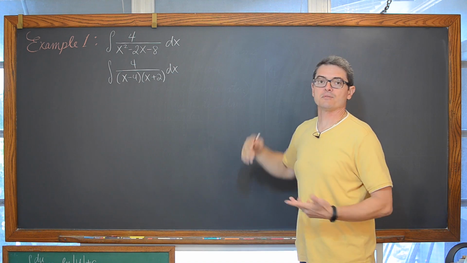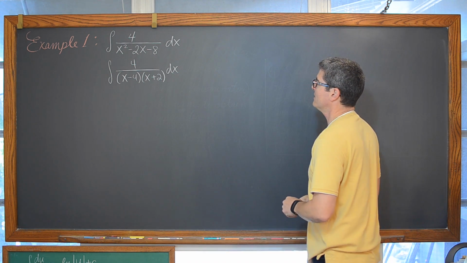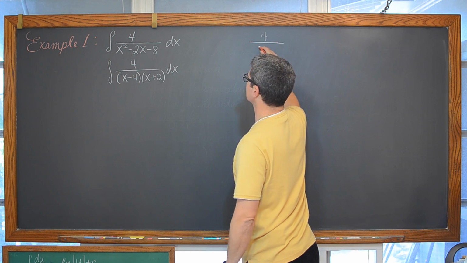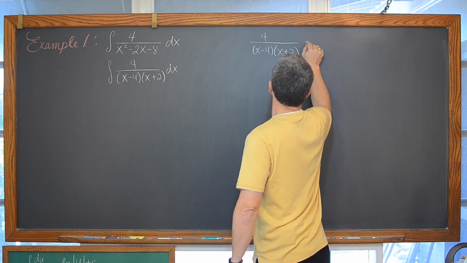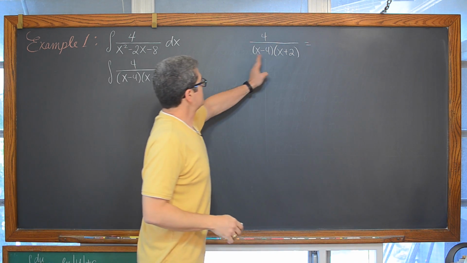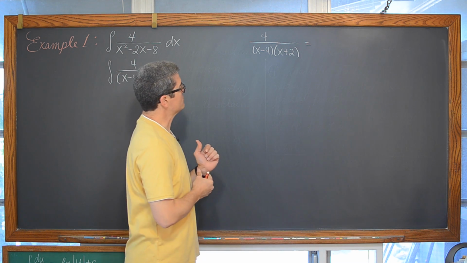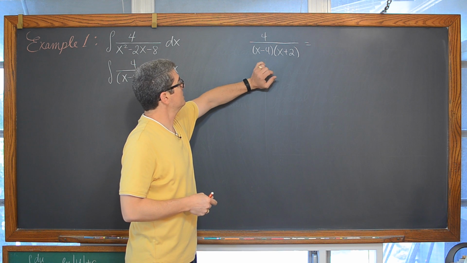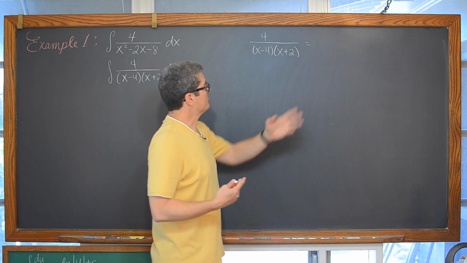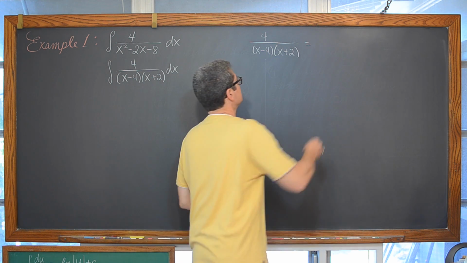And of course, we still can't integrate this with the skills that we know so far. That's why we're learning this technique, this new section. So we're going to pull this off to the side. Go ahead and leave that original fraction in its factored form. Each of the factors in our denominator is unique, so we're not going to have to worry about that repeating issue that we had at the end of our notes on the last screen. These are linear factors, so we're going to put some constants, because that has a degree of 0, one less than a degree of 1.